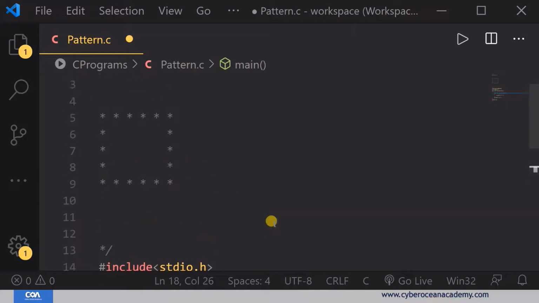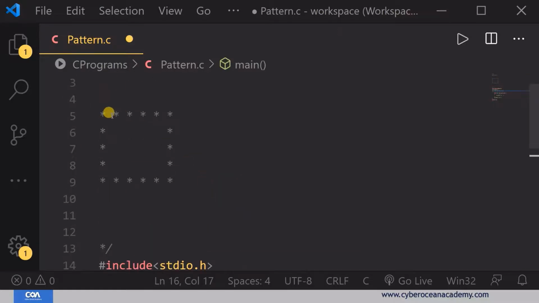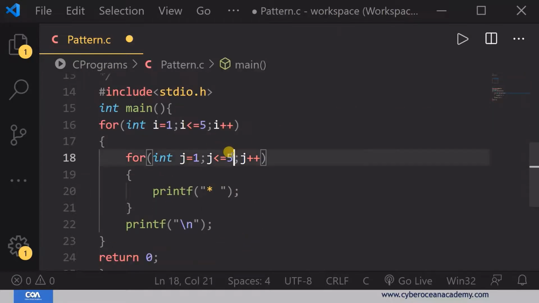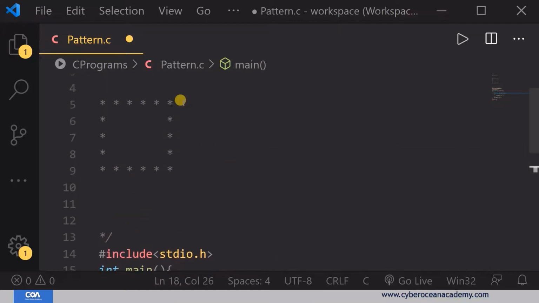Now just count first how many columns or how many rows you want to write. Here there are 5 rows, which means this condition is true. After that you want to know the number of columns. Here there are 6 columns, guys, so for 6 columns we have to write 6 here. Now the main thing has started.